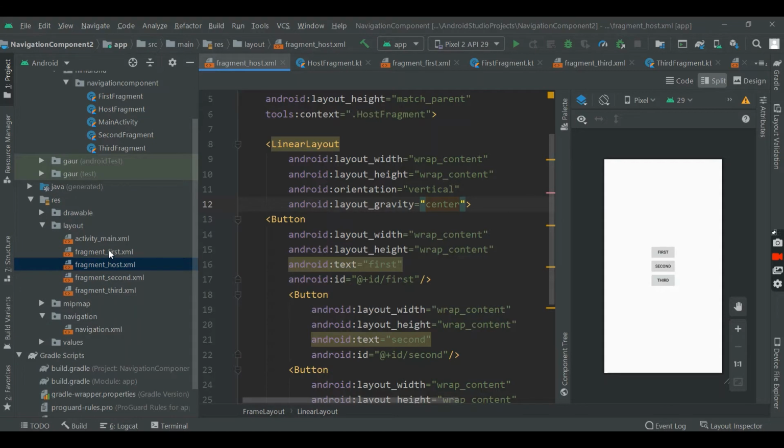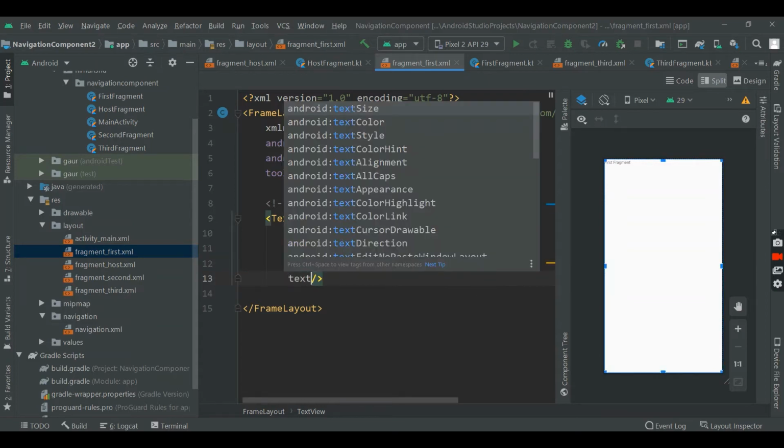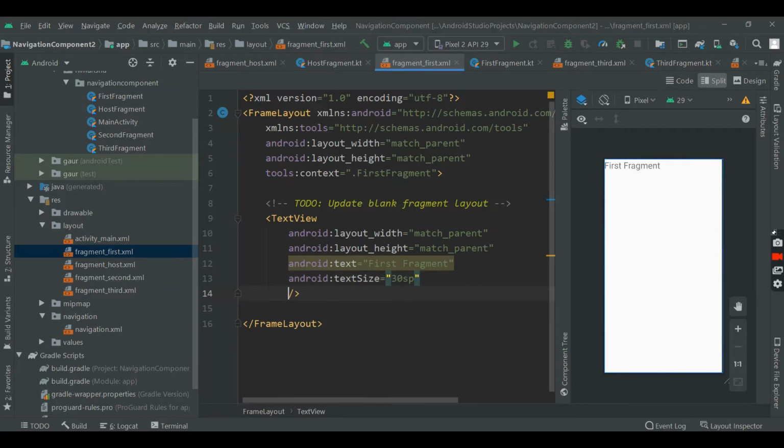Now go to your first fragment and simply change this string to first fragment so that we can discriminate that this is our first fragment, and text size is 30sp so that we can easily see, and gravity is center.